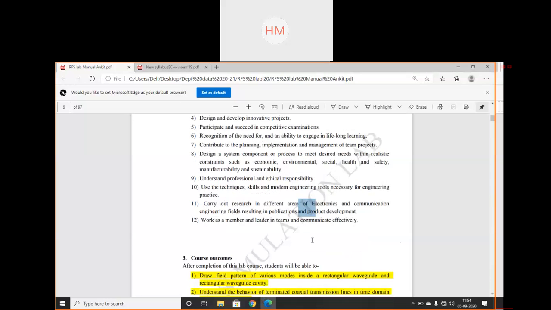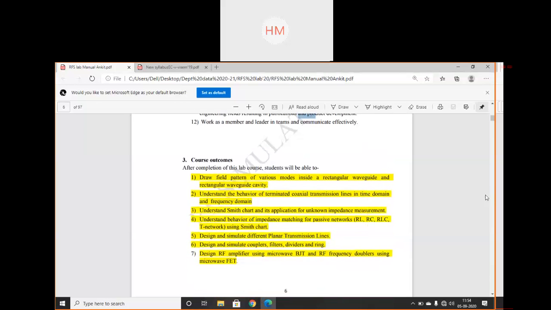Now the course outcome. Program outcomes are what you can implement after 4 years of engineering. Now the course outcome is, after studying this course of RFS lab, you will be able to perform